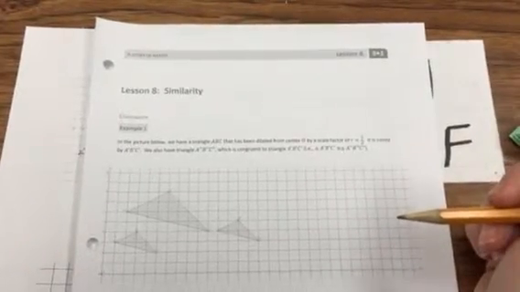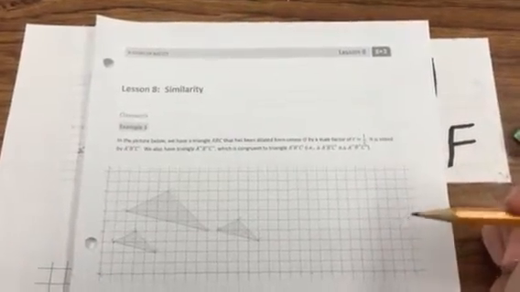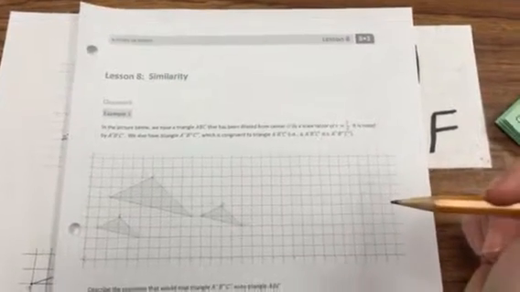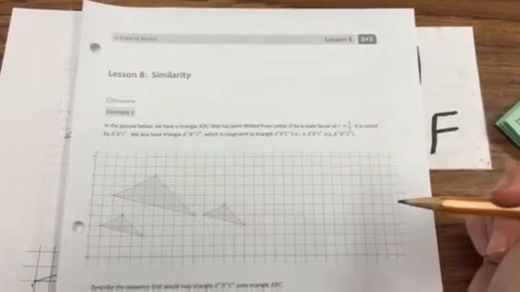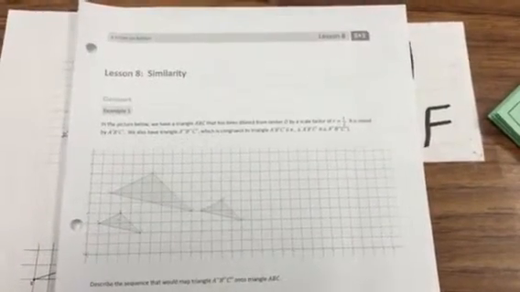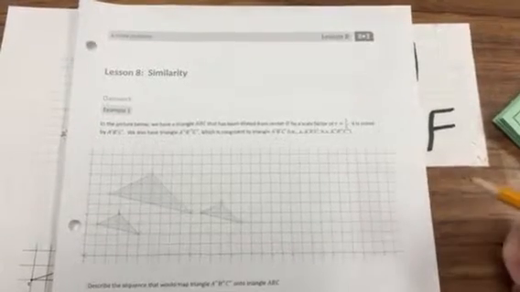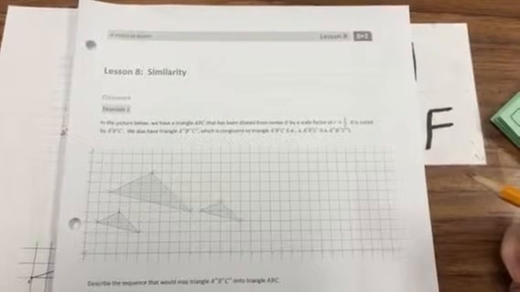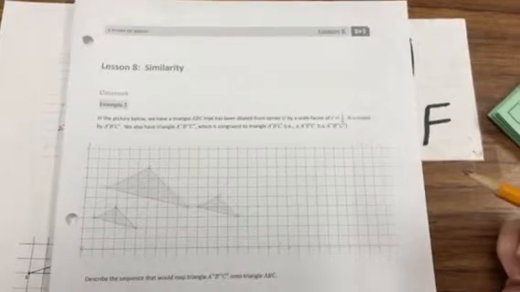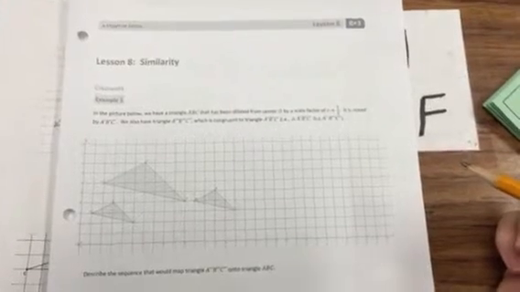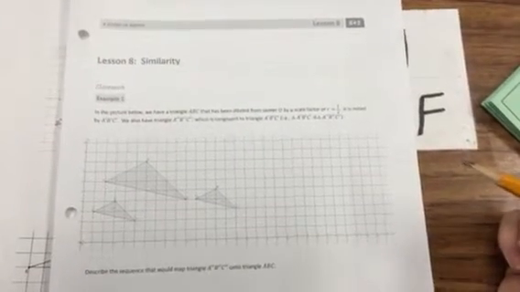This is Module 3, Lesson 8, where we'll be starting to talk about what makes figures similar to each other and determining and proving whether those figures are similar. And if you recall from the first few lessons of Module 3, we talked about the actual idea of being similar. And when two figures or several figures are similar to each other, they're the same shape, but not necessarily